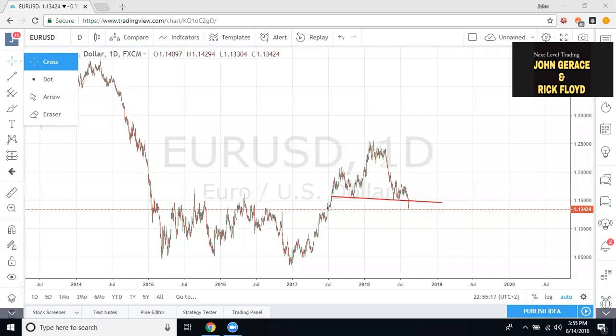So it depends on the pattern. For instance, the triangles and the flags, it's normally, let me draw it out. The length of the push before the actual pattern, like the flag or the triangle, will normally be the distance that it'll drop down. So for instance,